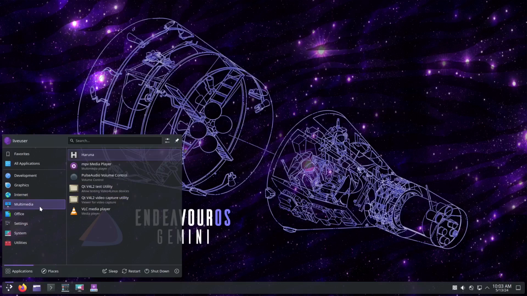Let's proceed to our multimedia. In multimedia, we have the famous VLC. Yes, I could say that one because VLC was so popular even in Windows. Yes, it is a Linux app. You also have the MPV player, and of course we have the Okular for the document viewer on the Office category. In the settings, we have the firewall, the volume control, YAD system, and the system settings for KDE desktop